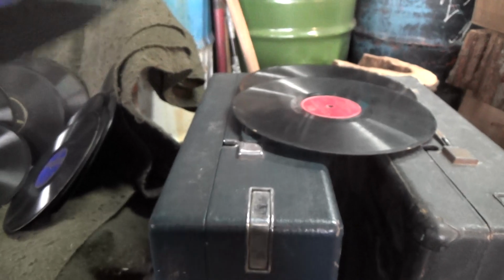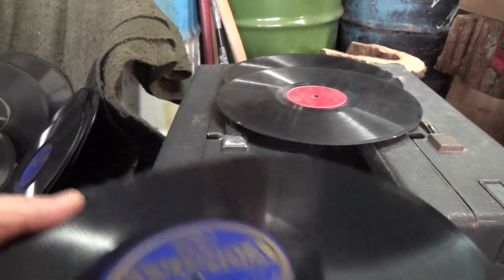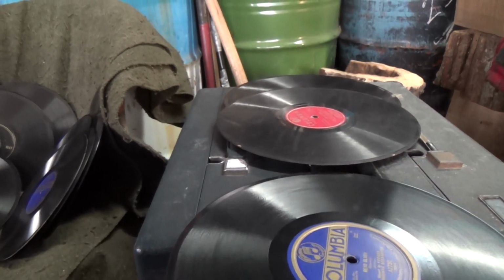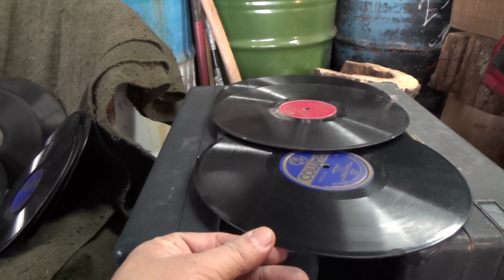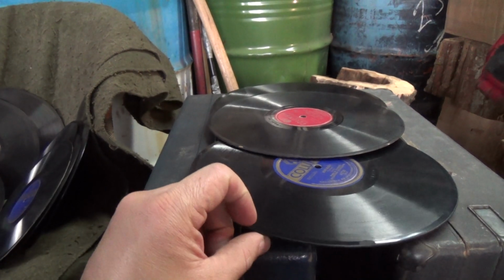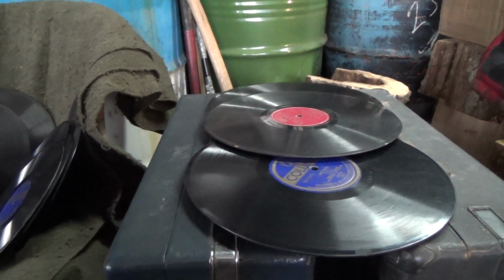With something like that, you would just give it a gentle wipe. Just wipe it down with a lightly dampened cloth. You don't want to get water down into the grooves. Just wipe off the dust. It's really the best you can do. Now here's another one